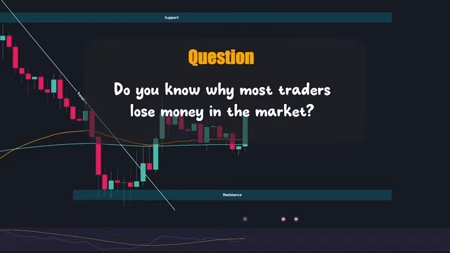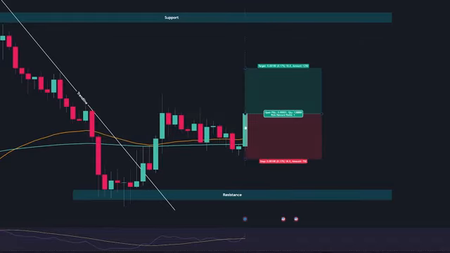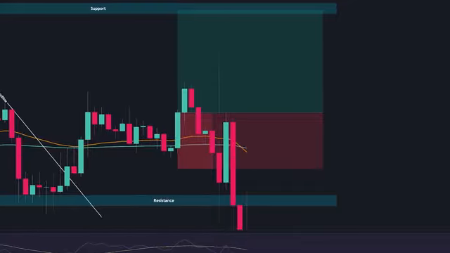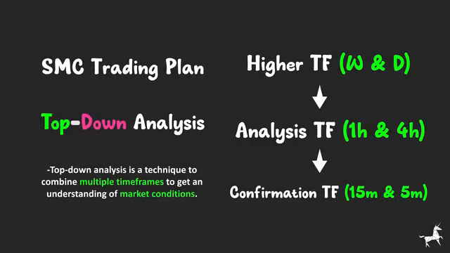Do you know why most traders lose money in the market? It's because they jump in without a solid trading plan. That's why today, we're going to show you a powerful day trading strategy, a smart money trading plan that guides